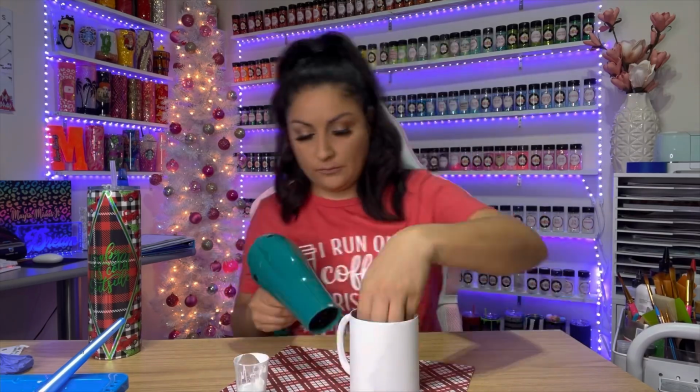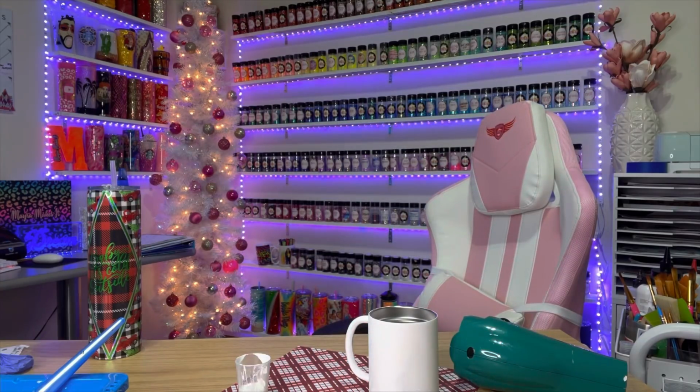Using my blow dryer makes my prime time really dry. Okay, so for the most part, it's mostly dry. So what I'm gonna do now is take some dispersion colors from CCDIY. I'm taking Ebony and Blue Thunder, and I'm gonna mix these into my prime time,